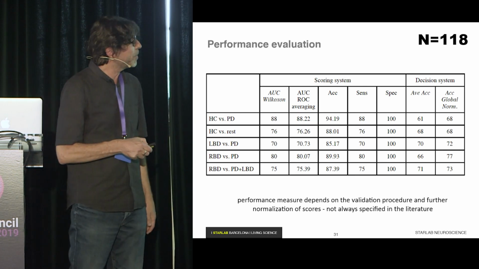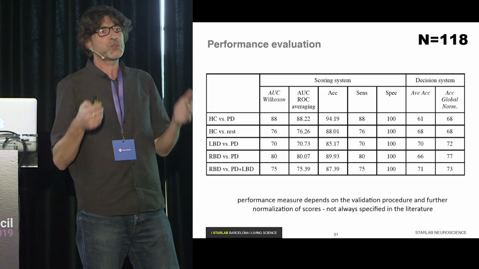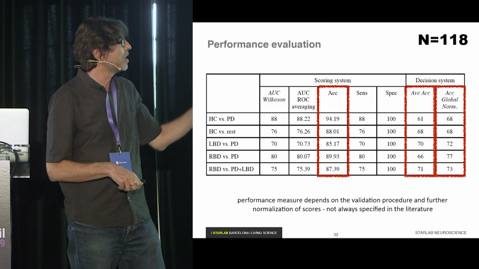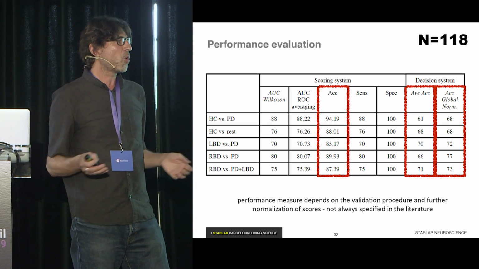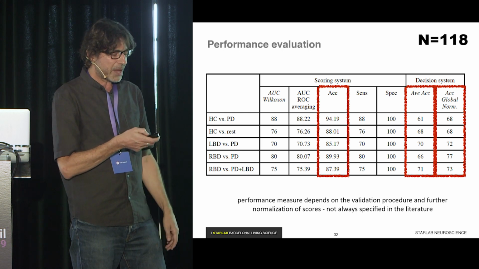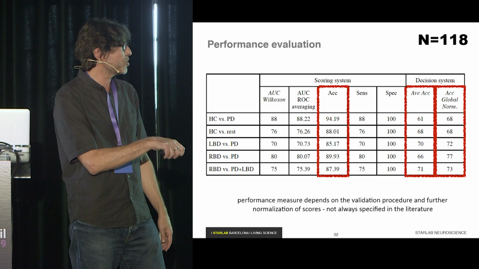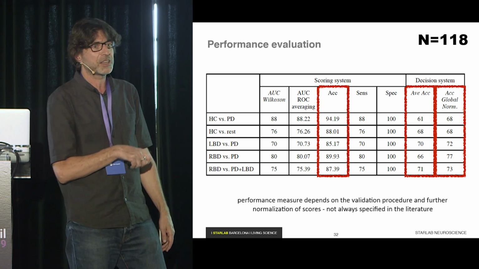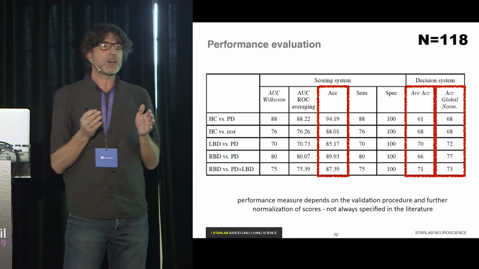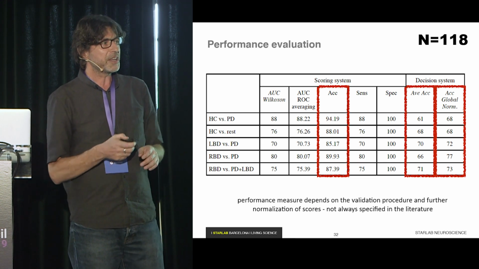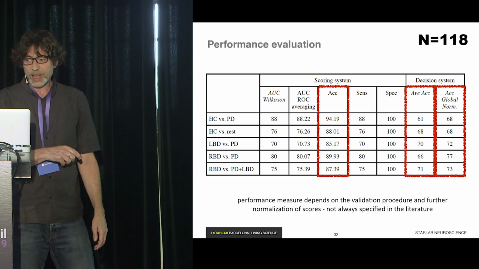Another aspect I wanted to comment on is the fact that there are a lot of ways of computing performance measures. Here you have 3 different accuracy measures of your system, all showing accuracy, but basically the different figures depend on the way you are conducting the validation and on the way you are normalizing the scores. And this is often an aspect that is not very well disclosed in the papers, in the literature. So take this into account.